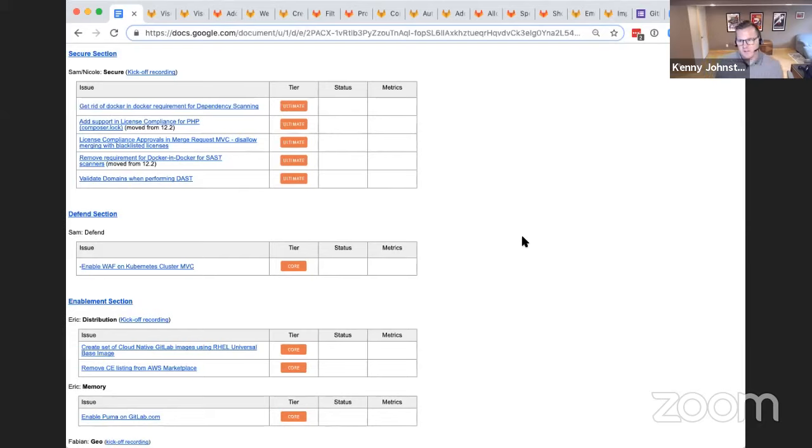And then the last one is in our DAST scanners. As they're getting more mature, we've realized that there's a potential for harm in accidentally supplying your DAST scanner with a domain that is not under your purview. That would essentially have you go spidering out to a domain that you don't have ownership of, which can be considered malicious in some cases. So we're making sure that we add domain validation when performing DAST scans going forward.